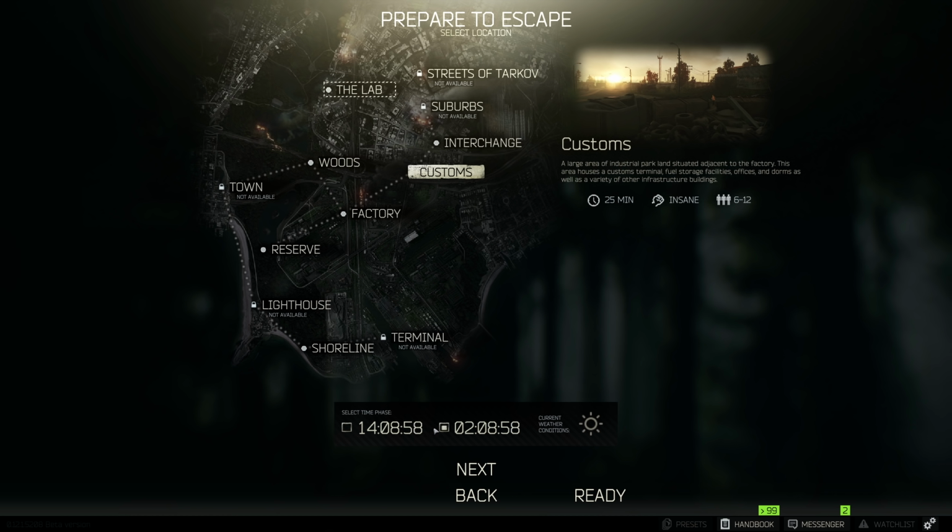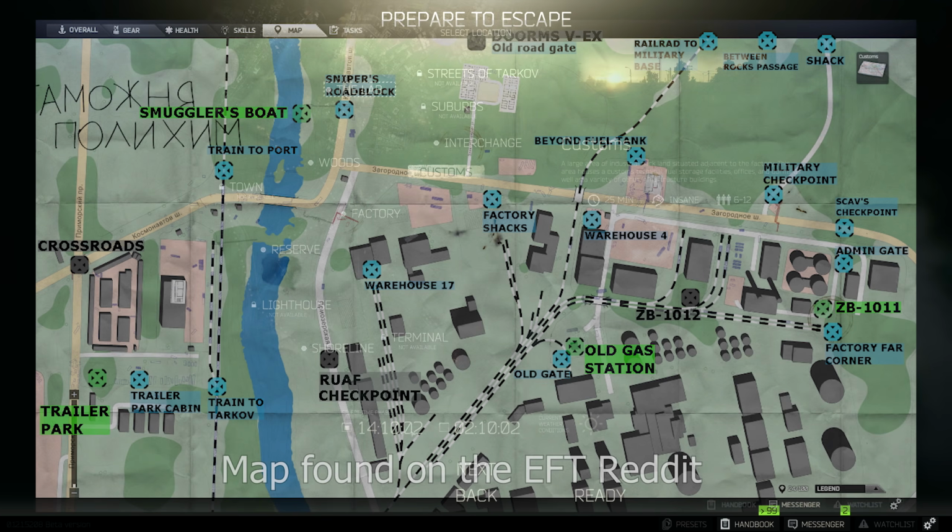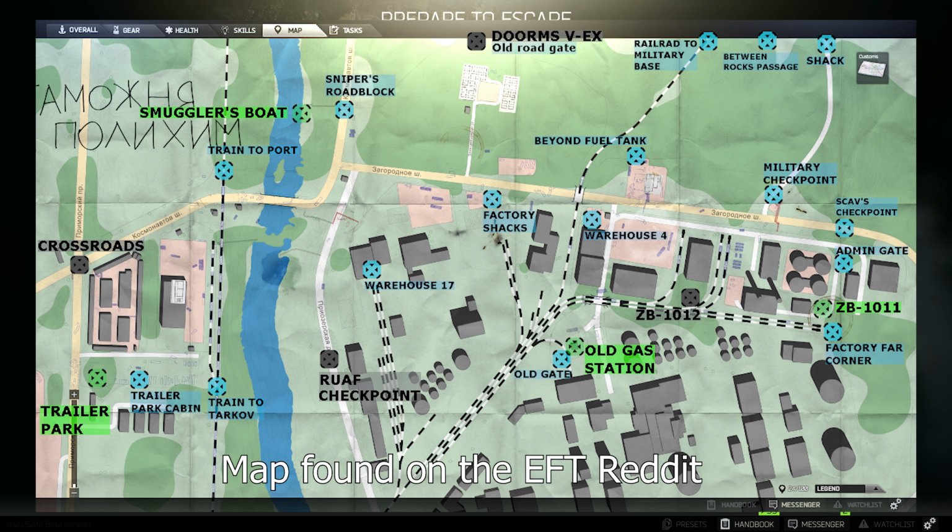1400, and this is 2 a.m. Night is very dark. I would not recommend going in on night raids as a beginner player because you're going to get lost. You don't know the map yet. And speaking of maps, we're going to pull up a Customs map right here on the screen and explain Customs